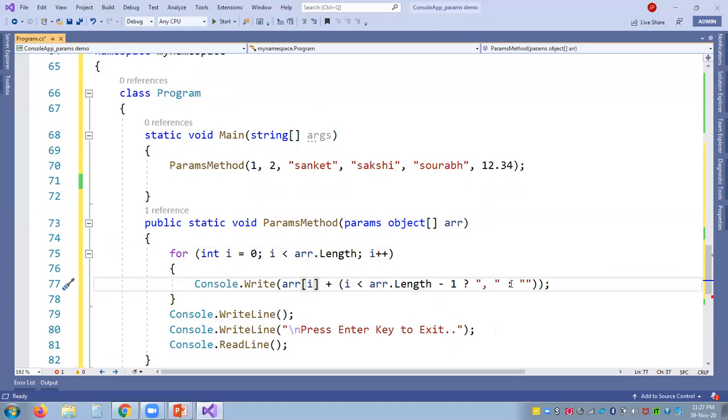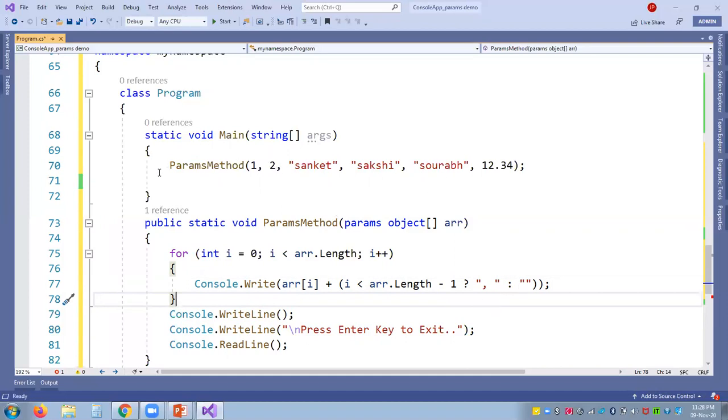If you want more detail about the conditional operator, please refer to my C# Tips and Tricks part 1, in which I have discussed the conditional operator with a detailed example. Here it is either going to give you a comma or a colon separation.